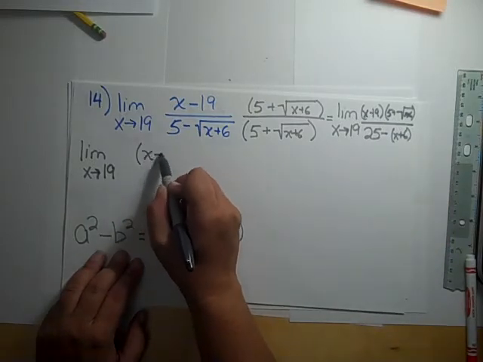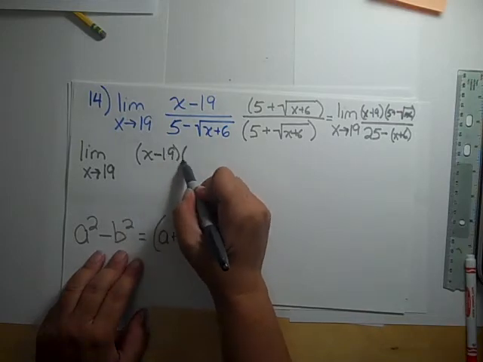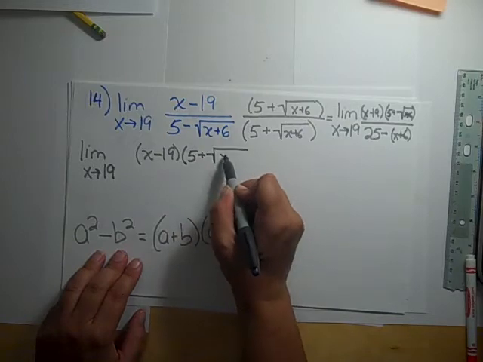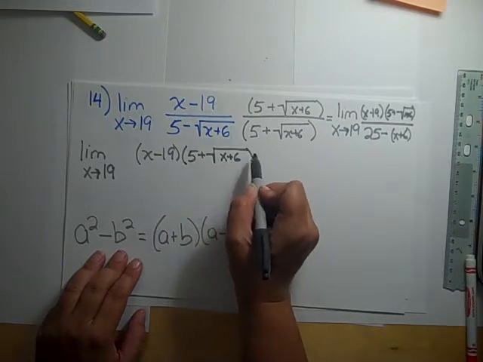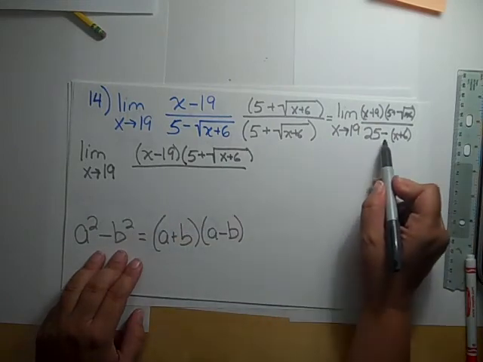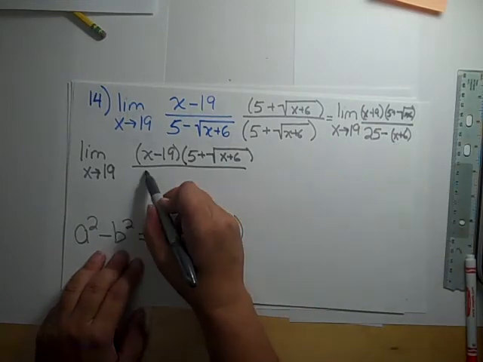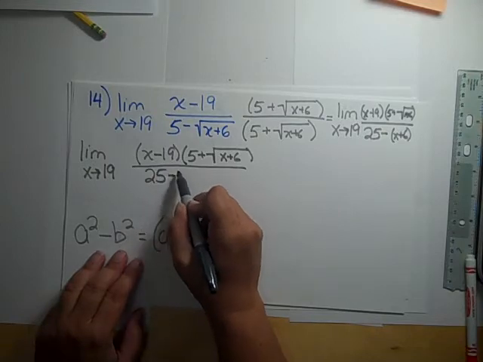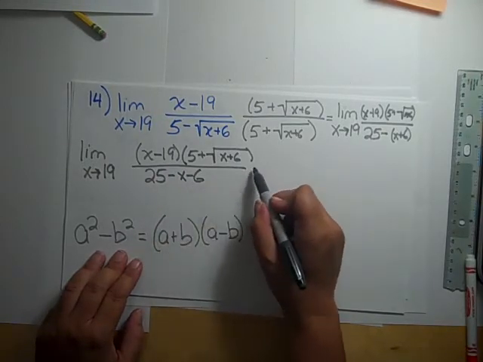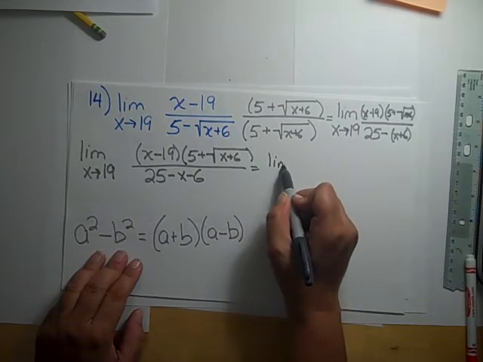So let's just leave it as x minus 19 times 5 plus the square root of x plus 6. I'm going to double check and make sure that's positive, that I didn't mess up my signs. And on the bottom, I'm going to distribute this negative. So I have 25 minus x minus 6. That worked out really well, didn't it? Because that's going to equal,